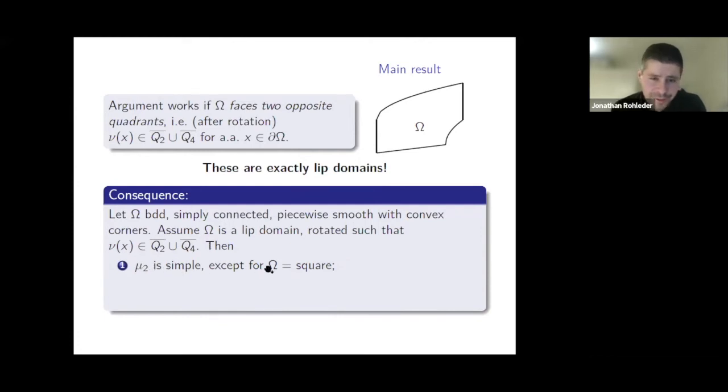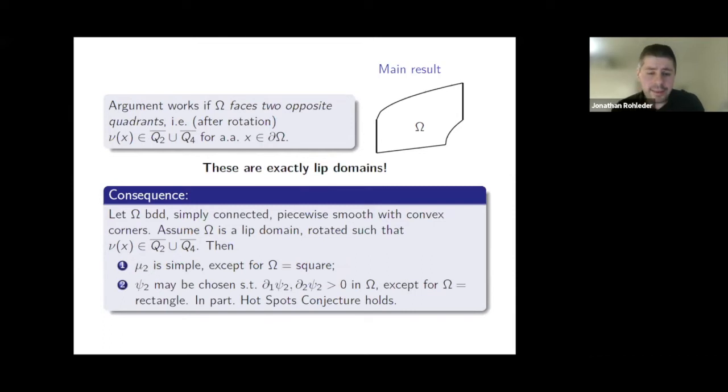one gets out of these Courant type arguments that mu2 is simple, except in the case that omega is actually a square. And the corresponding eigenfunction may be chosen such that both partial derivatives are positive in omega, except for the case of a rectangle where one of them is of course 0. That means in particular the hotspots conjecture holds, and one gets even something about the